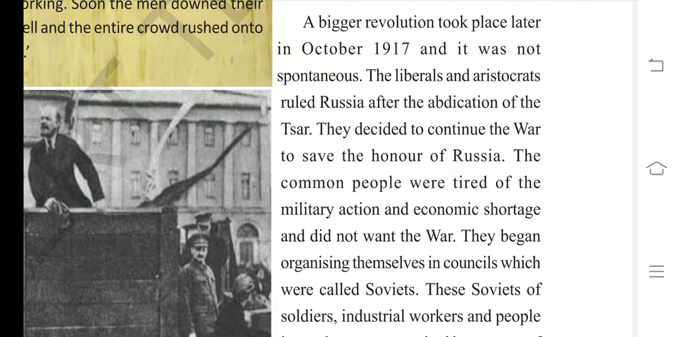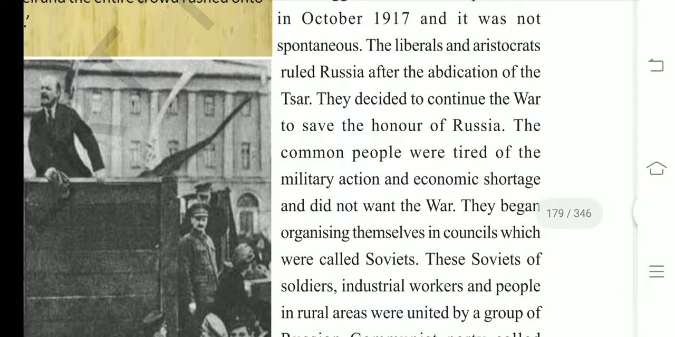So the people, tired of this military action, and due to the shortage of food and the economic shortage, decided there should not be war. Immediately Russia has to withdraw from the war. That was their desire. So people formed themselves into groups, what we call councils, which were called Soviets